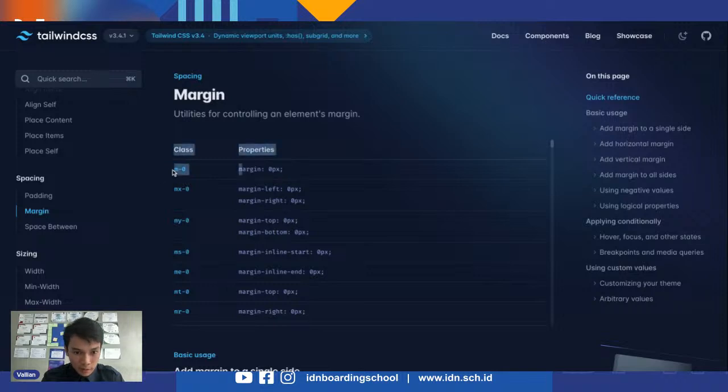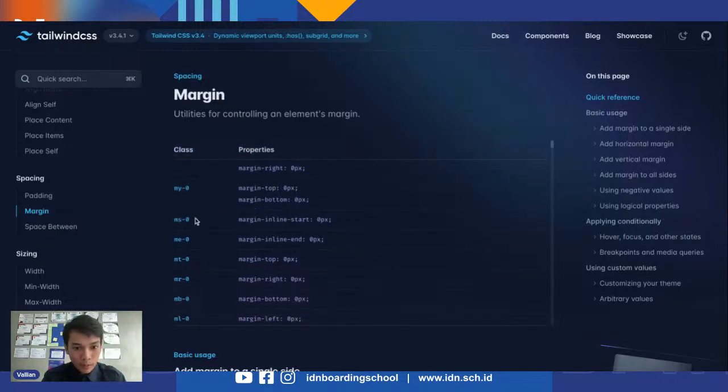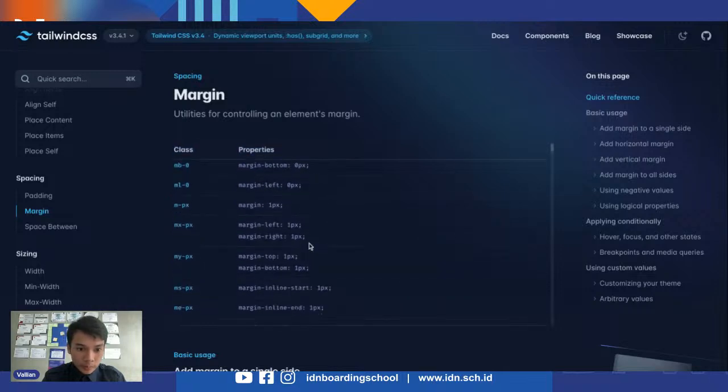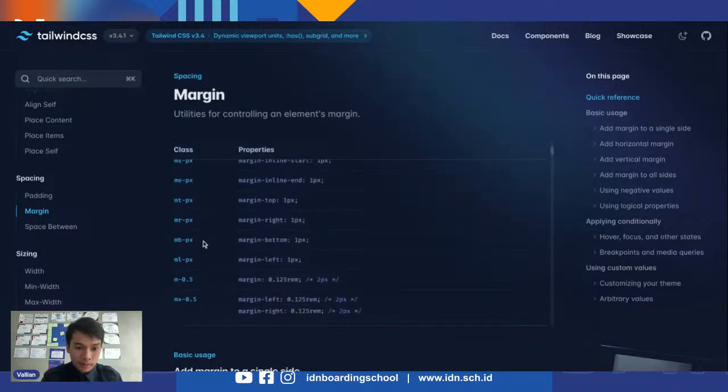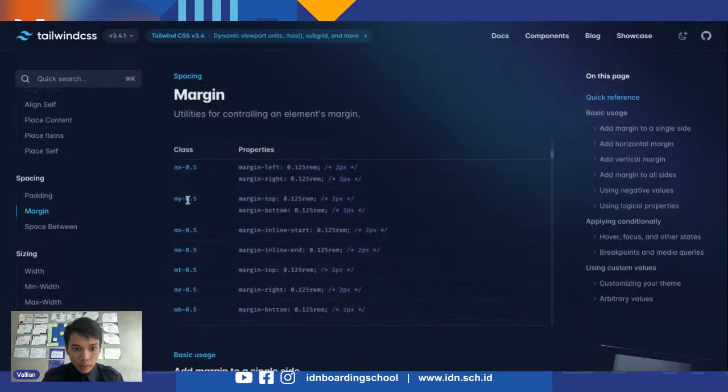So this margin, there's m-0, margin 0 px, and then mx, x like before, margin left and right, and then my, margin top and bottom, and then ms, inline start, inline end, and then margin top 0. And then of course there's mx-px. If you want just 1 pixel, then you can use just px, because there is no mx-1px or my-1px. Just use mx-px like this. There's also 0.5, and